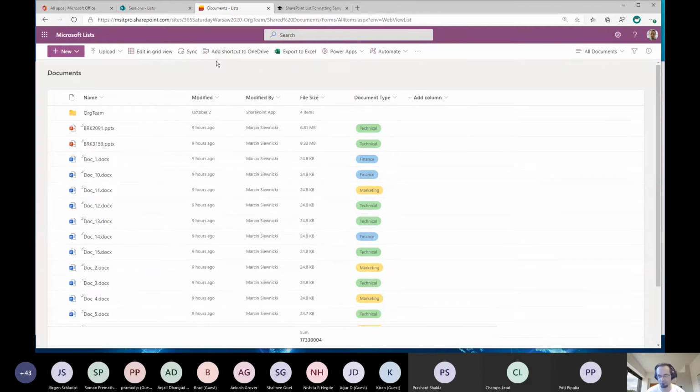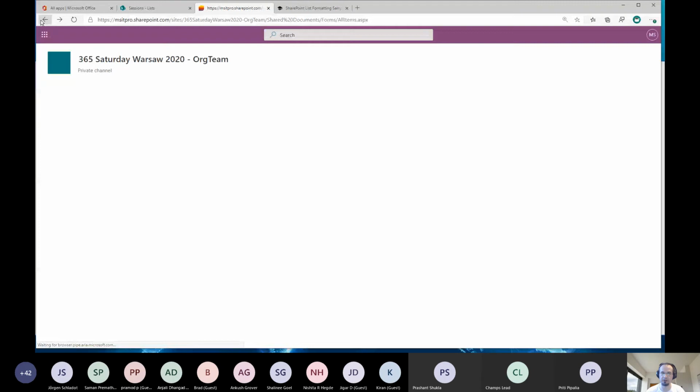Because there are some situations where we have a lot of data and a lot of columns on one view, and left-hand navigation could be removed to work with larger screen, larger view for our list. But what's fun, it also works for document libraries, so it's a very nice feature.